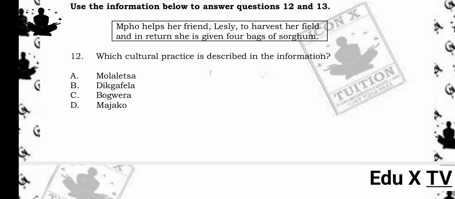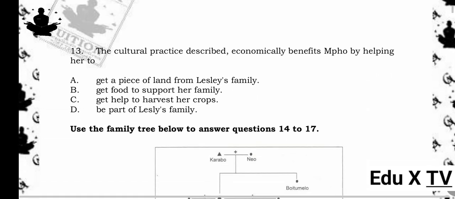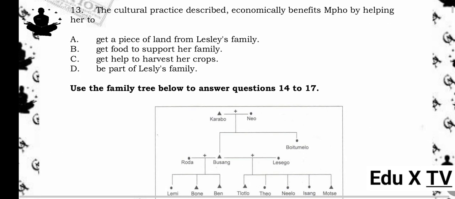Mpho helps her friend, Leslie, to harvest her field and in return she is given 4 bags of sorghum. 12. Which cultural practice is described in the information? A. Molalitsa. B. Digafela. C. Bagwera. D. Majiko. The answer is A. Molalitsa. Reason being, Molalitsa is the practice where community members help each other with farming work, and the person being